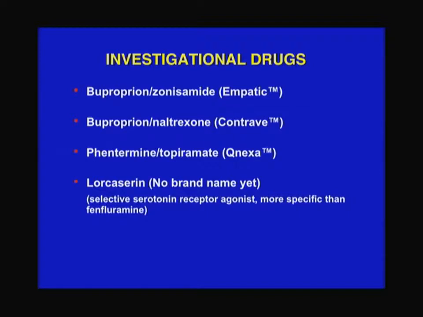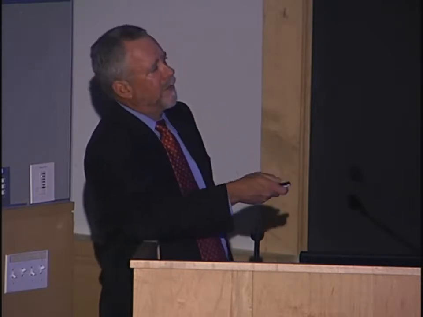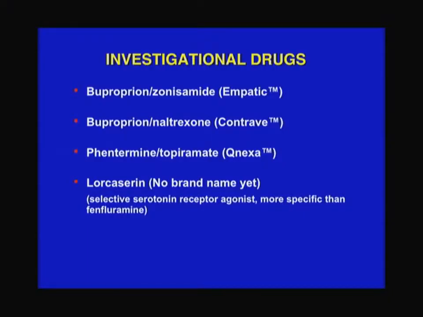So these will probably get approved and probably be available. But personally, I think I'll continue to be a slow adopter of these medicines because we just don't know their long-term safety and effectiveness. And this is another class of drugs that I'm less confident will be approved. But it's back to the selective serotonin receptor agonist, sort of like the dexfenfluramine that you may remember from a decade or two ago, which was associated with a lot of side effects and taken off the market. So we'll have to follow this one carefully. But I'm pretty sure some combination of these will be approved in the next couple of years.